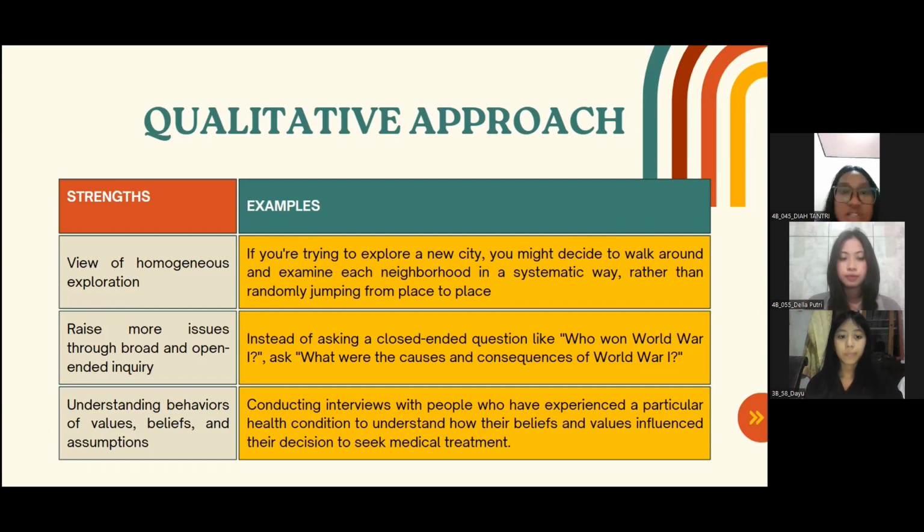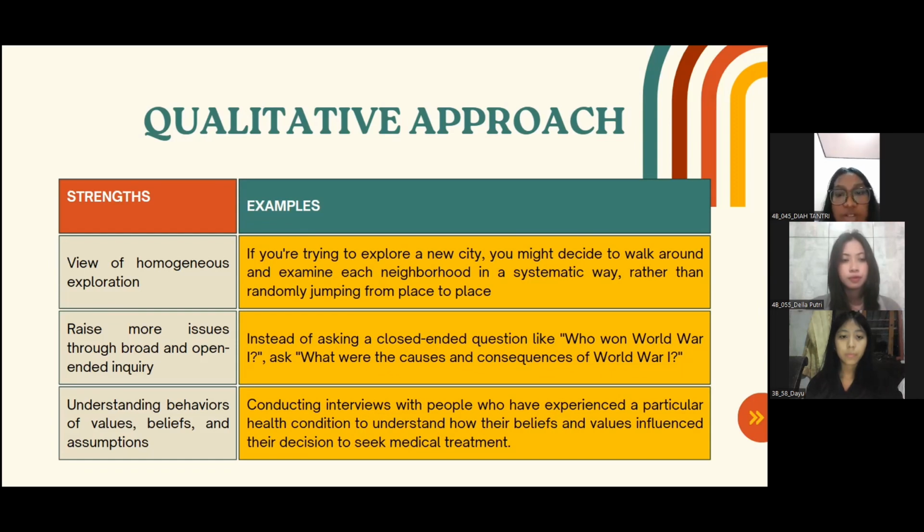The second strength is raise more issues through broad and open-ended inquiry. It means that when you're trying to investigate a topic or understand a situation, you should ask questions that are open-ended and not limited to a specific answer.